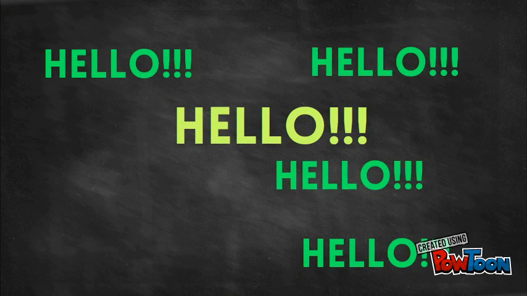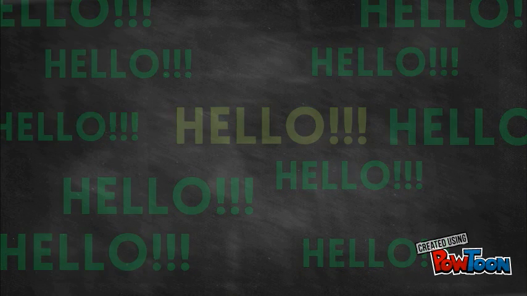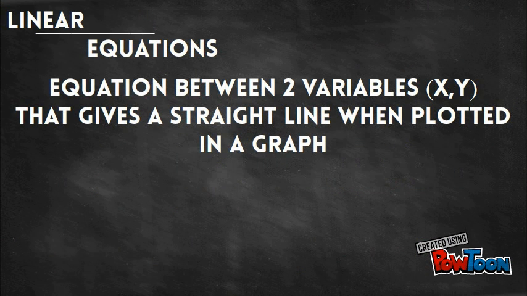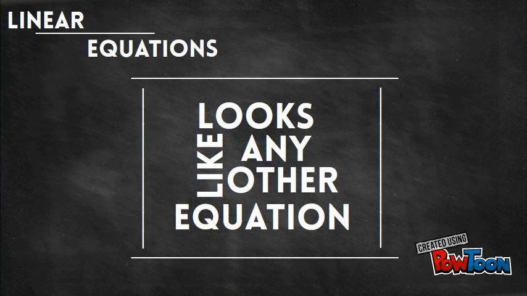Hey guys, in this video we shall be talking about linear equations. A linear equation is an equation between two variables that gives a straight line when plotted on a graph. A linear equation looks like any other equation. It is made up of two expressions set equal to each other. An example of a linear equation would be: